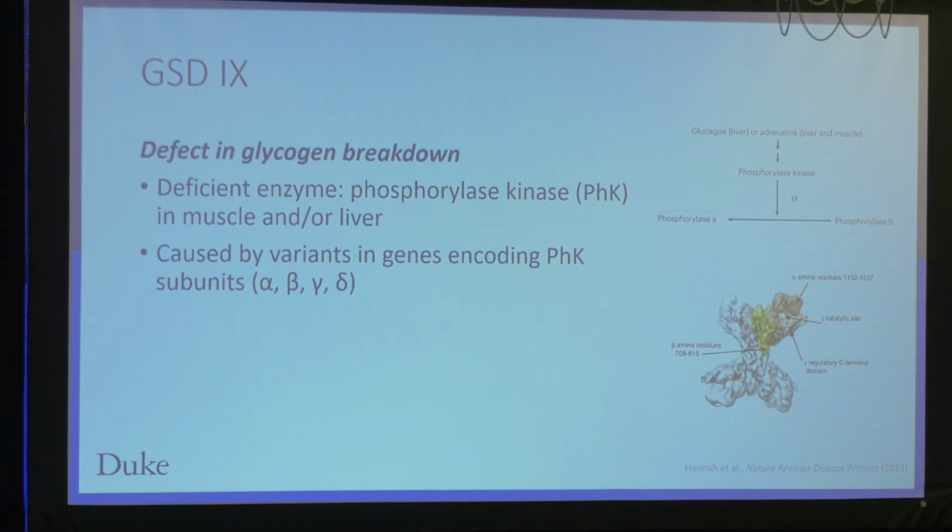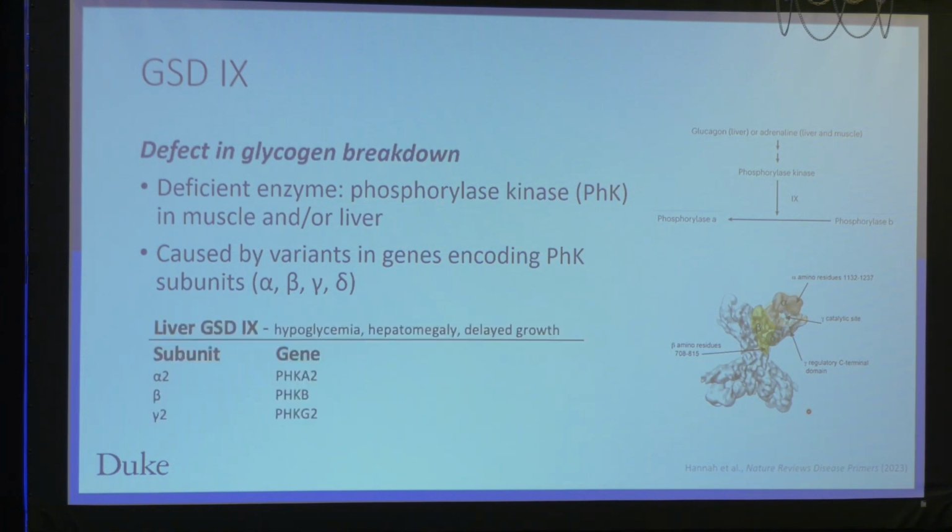So the first thing is, it's called GSD9, but there are 4 aspects or 4 genes which make this particular enzyme. So if you look here to the right, it's a complex structure. It's what we call a tetramer, and a tetramer means 4. And so it's got 4 parts to it, 4 genes that are helping make this particular enzyme work. And so the nomenclature, some of you may know it as GSD9A2, GSD9-beta, or GSD9C, or gamma-2. We've just gone by the gene titles, and so I'm going to try and tell you how we continue to